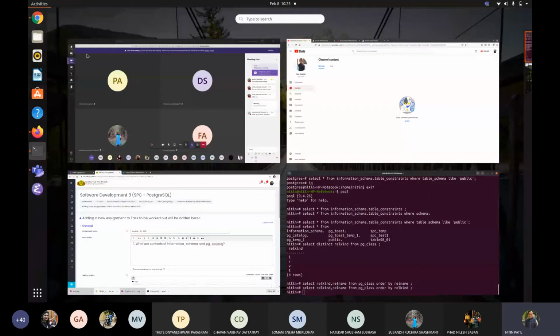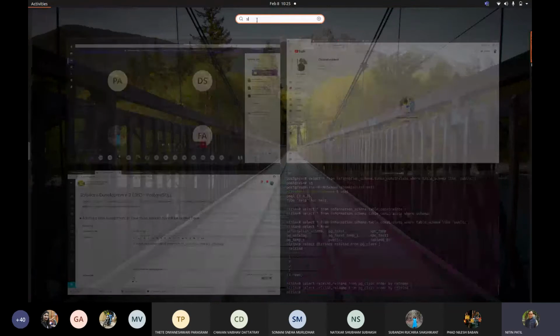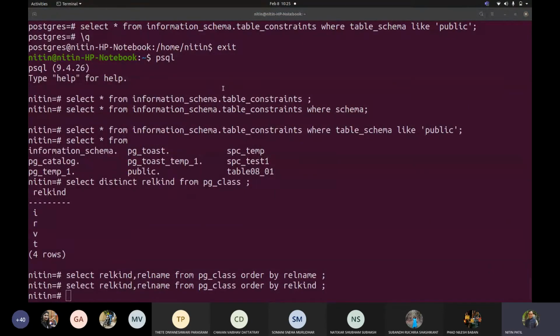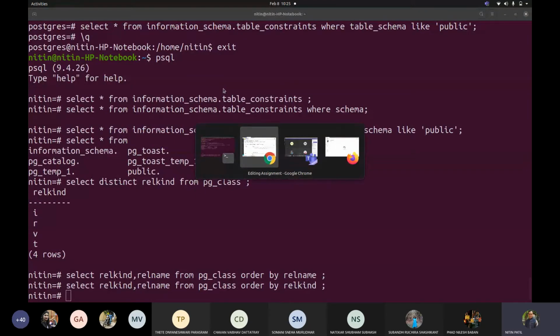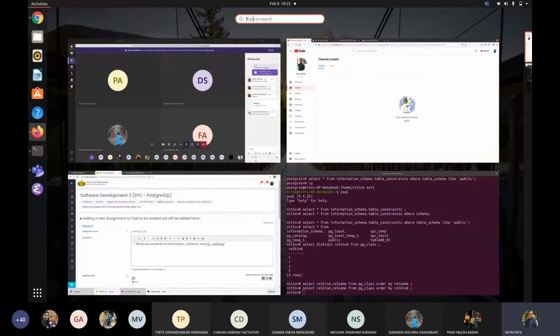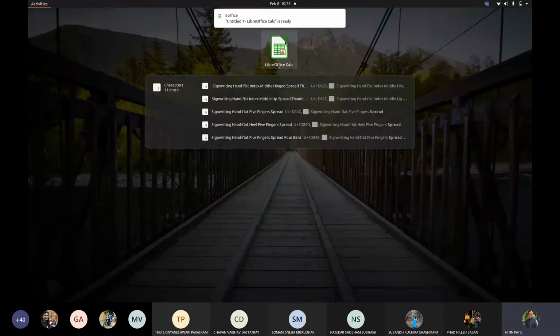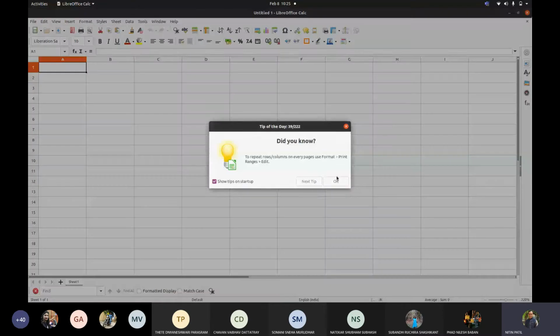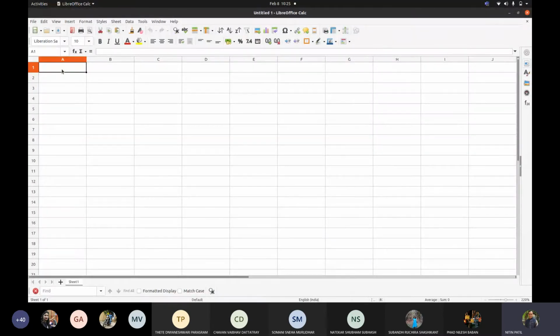Say for example, let us go here and let us write spreadsheet. Okay, let it open. Yeah. Okay, now let me start typing here.